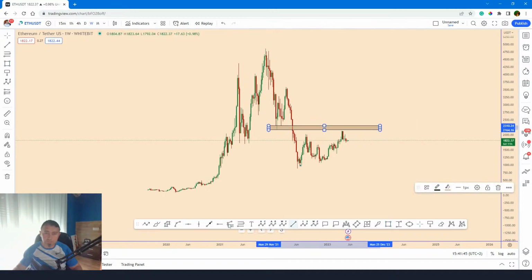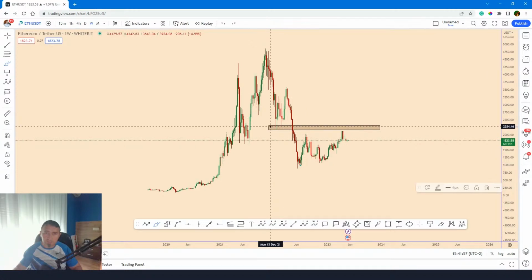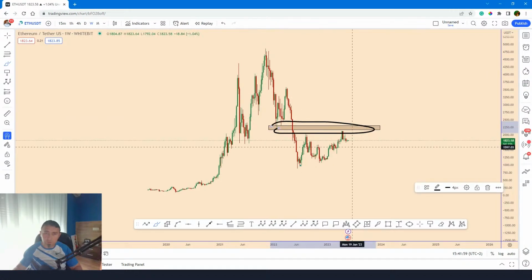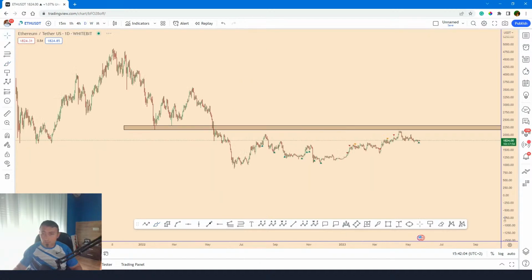This was a resistance area that already stopped Ethereum. We can see that the previous one was invalidated a long time ago. It is not valid anymore. We can see the price there, but it is not valid. This is a zone where Ethereum is already waiting. If we are going to break this down,